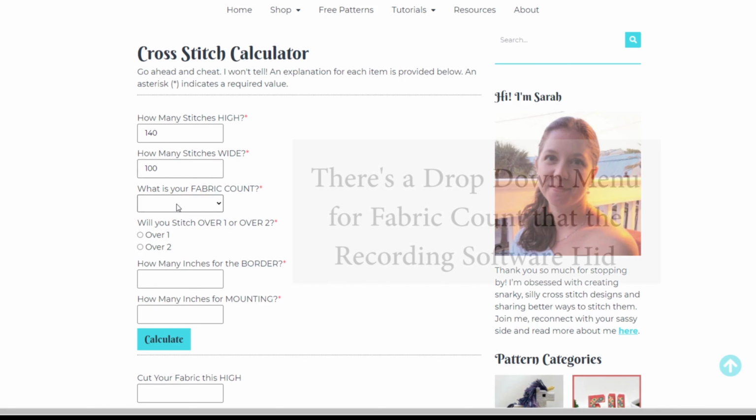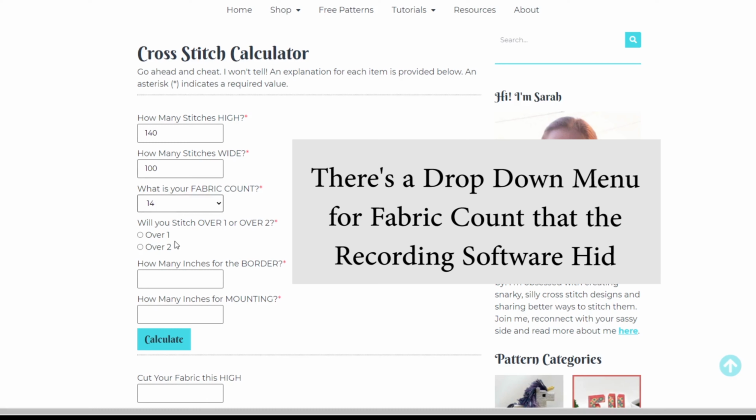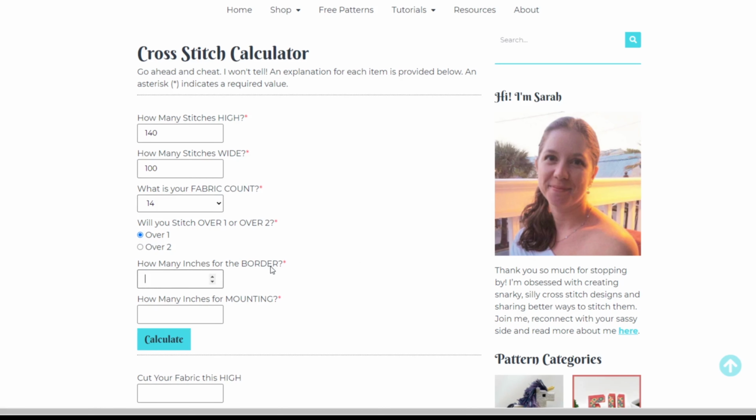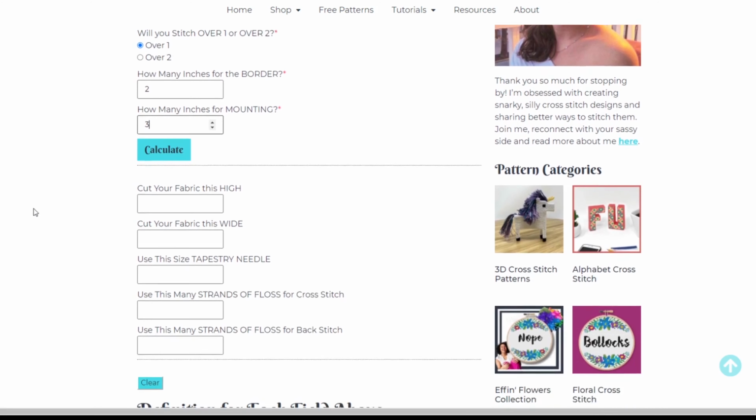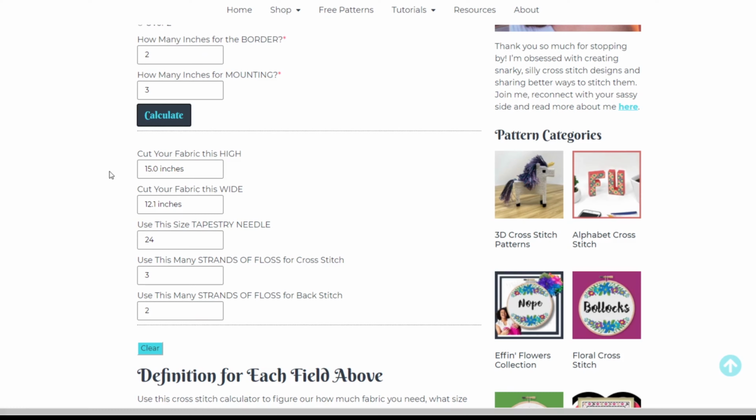The fabric count, I'm stitching it on 14 count over 1, and between my stitches and the frame I want 2 inches, and then the allowance that goes behind the frame I'm going to allow for 3 inches. Then you just hit calculate and it tells you how many inches high you should cut your fabric, how many